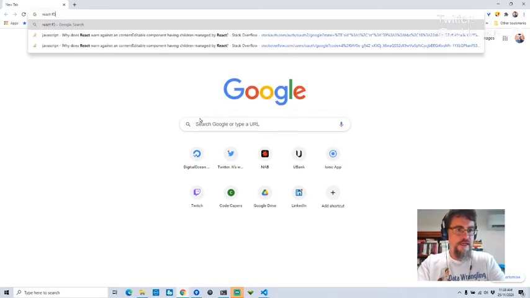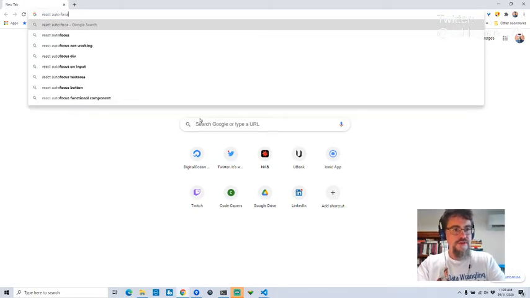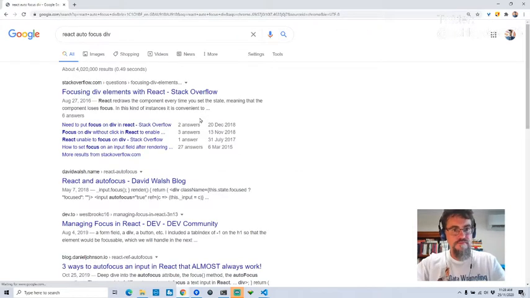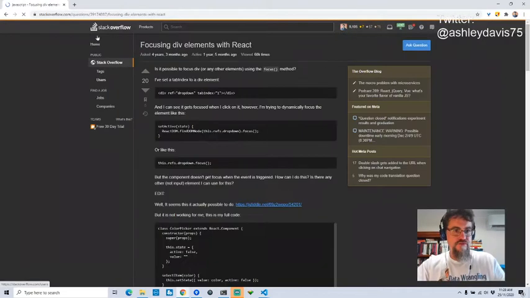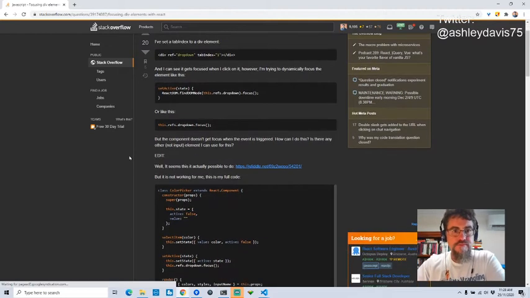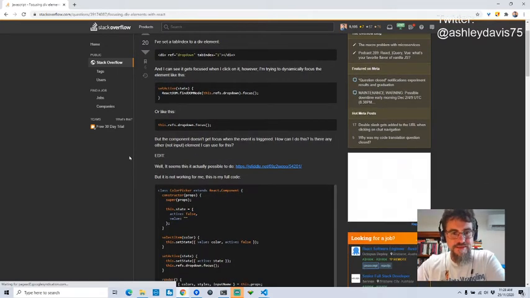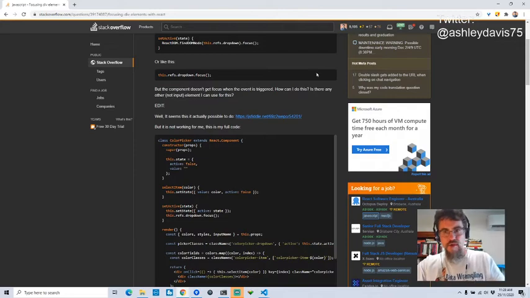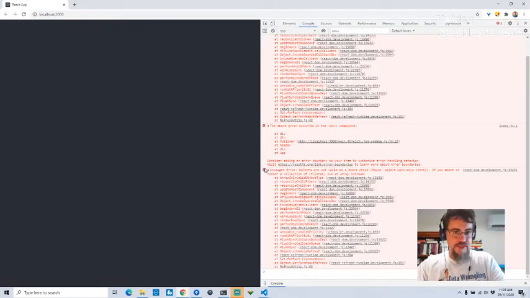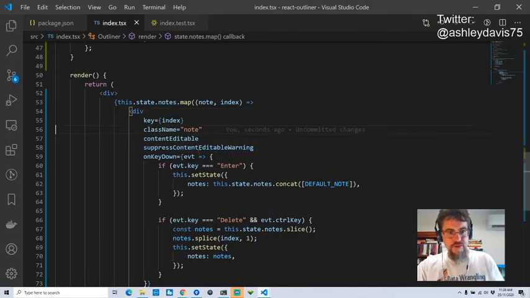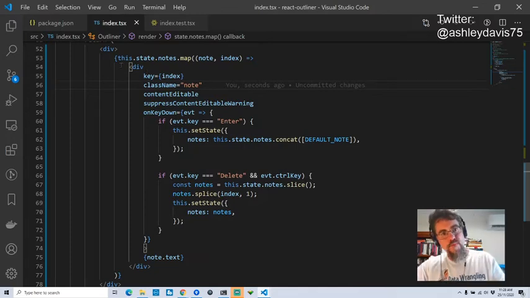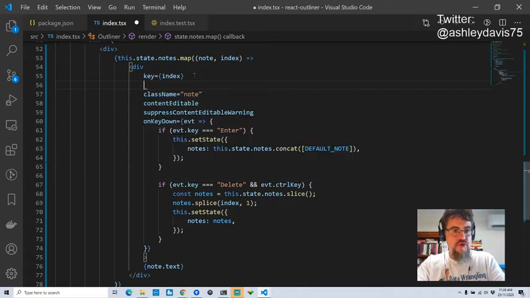React autofocus div. I may have to jump through a few hoops to get this working. Yeah. I'm not going to worry about that for the moment because it's a little bit tricky. What I would have to do to get the autofocus working here would be to maybe factor this out to another component, put like a focus attribute or autofocus attribute on that, the way that we can do with an input in React,